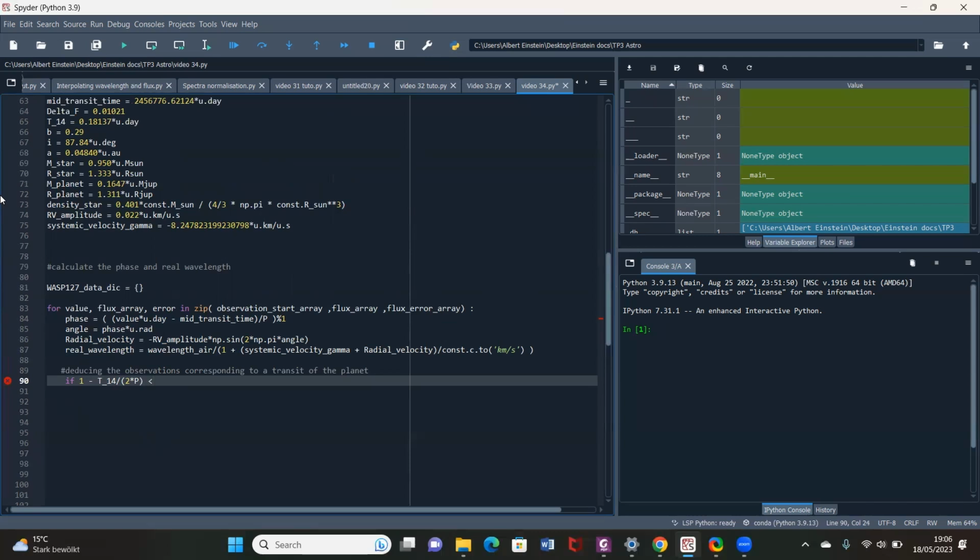So if that is less than or equal to the phase, and the phase is less than or equal to 1, remember we calculated the phase as a modulus because we want to have it between 0 and 1. So if the phase lies between these two, essentially,